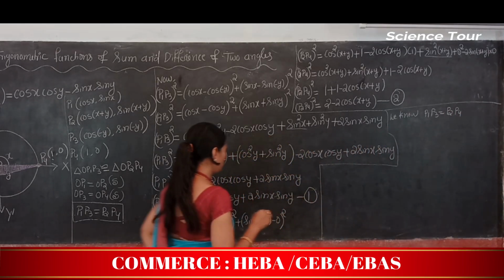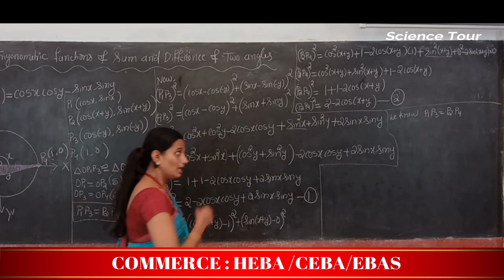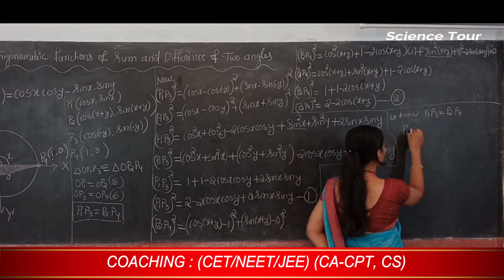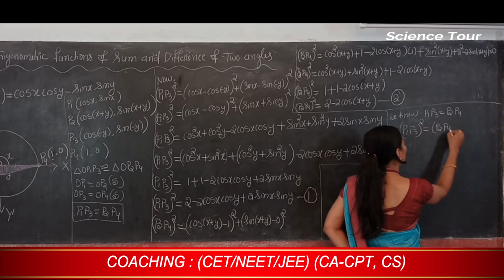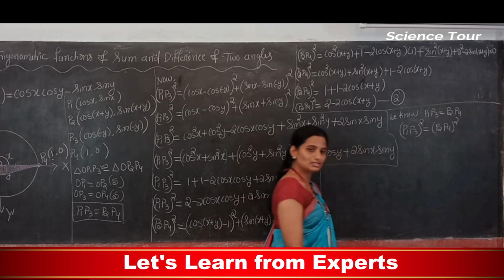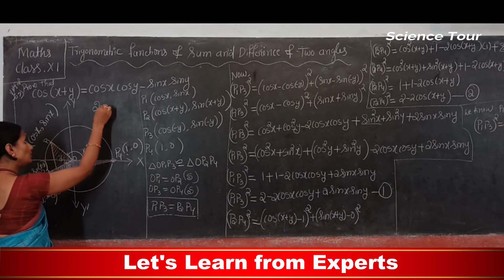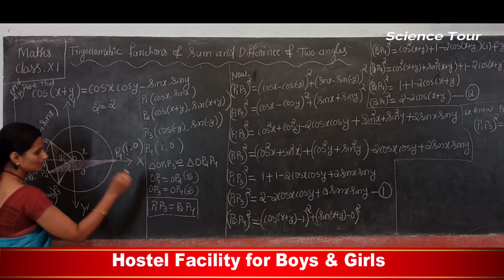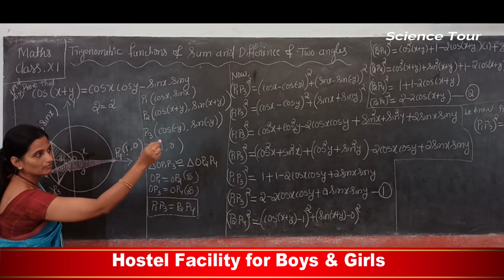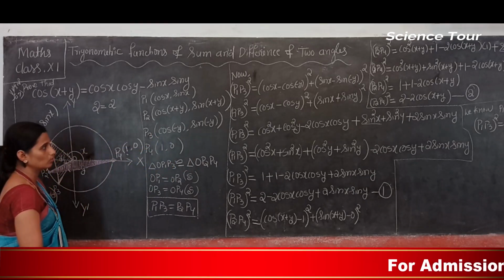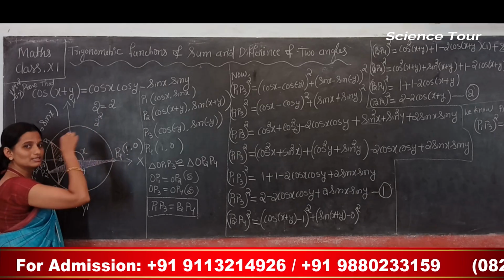But what we find here? P1 P3 whole square. Can you write P1 P3 whole square is equal to P2 P4 whole square by this one? Yes, you can write. How we can write that? I will show you. Suppose 2 is equal to 2, like P1 P3 is equal to P2 P4. So next I write P1 P3 whole square is also equal. Their squares are also equal. So I will take square of this one.